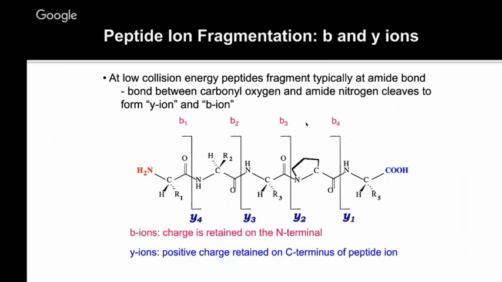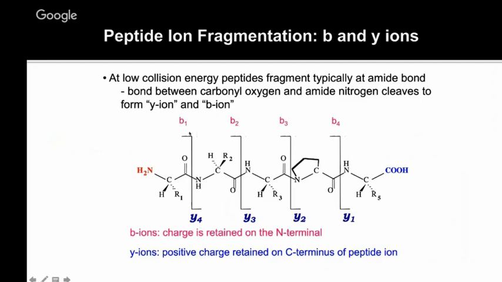Now what happens in the back end, which you want to know at the basic level, is that when you are applying this collision energy, the CID or SED, this is a polypeptide chain, and this is the backbone of the polypeptide. This is the peptide bond, CONH. With the collision energy, you are breaking this bond, and on the amino terminal region, the ion is retained. That is known as the B ion, and the carboxy terminal series retains the ion that is known as the Y ion. So after fragmentation, you are generating the complementary B ion and Y ion series,